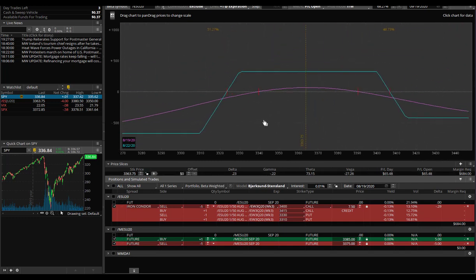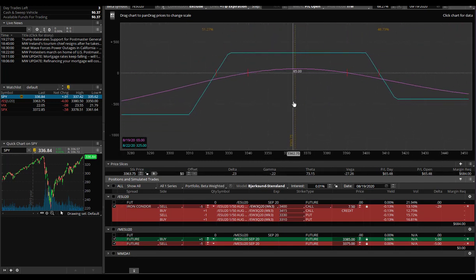Yeah. So if this falls and falls and falls, you would do it again on the other way. You do it on the other side, like I was showing you before. So you can get whipsawed. Anytime you get whipsawed, it's another $50. So this comes down, and it goes like